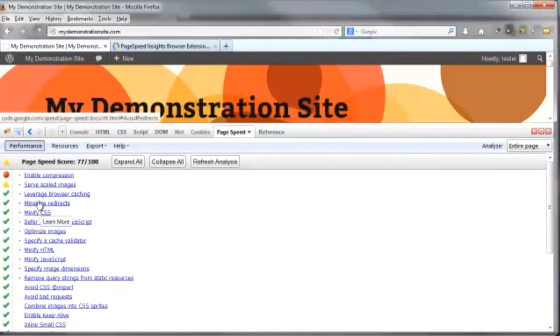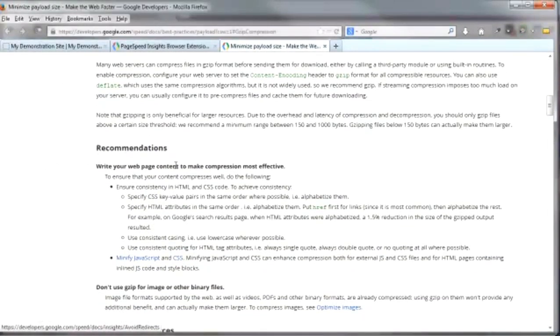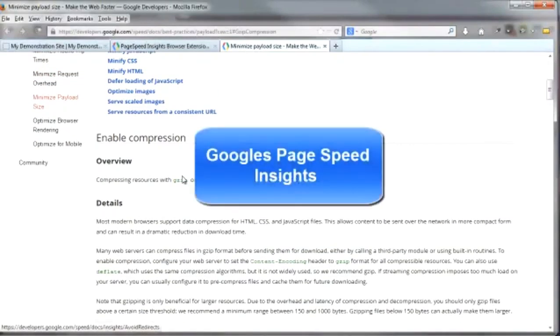But like the online tool, each one of these are links that you can click on for additional information related to that particular item. And in most cases, recommendations on what you can do to better optimize that item. And that's a rundown on the PageSpeed Insights tool and a little bit of an overview of other elements of the